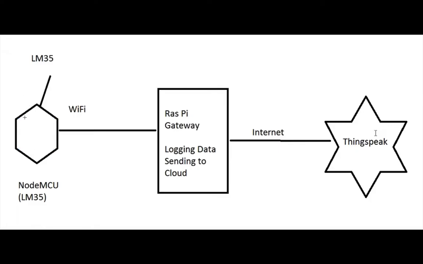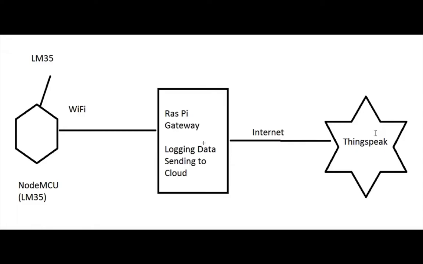Whatever program in C is running on Node MCU will collect data from the LM35, then trigger the Python file which is kept on the Raspberry Pi, and send that temperature data to the Raspberry Pi. Collecting that data will be done by the Python script, but that script will be triggered by the Node MCU itself. How it has been done is already explained in the previous video.